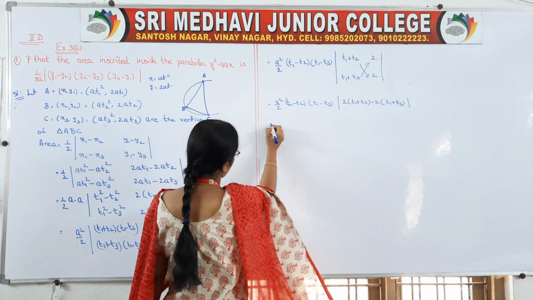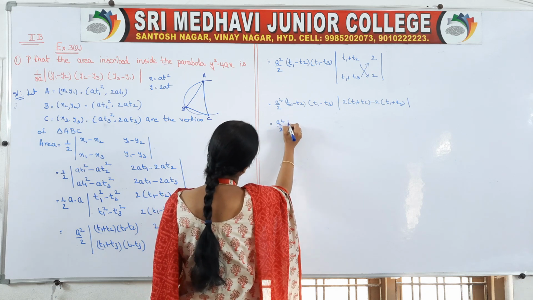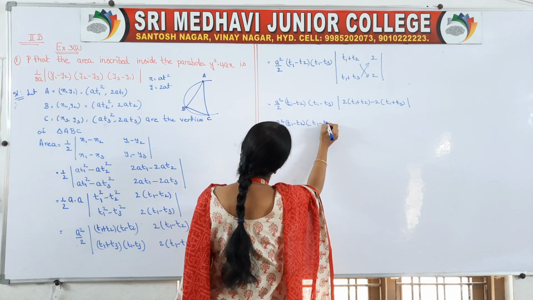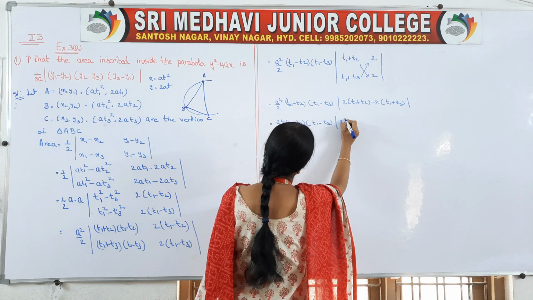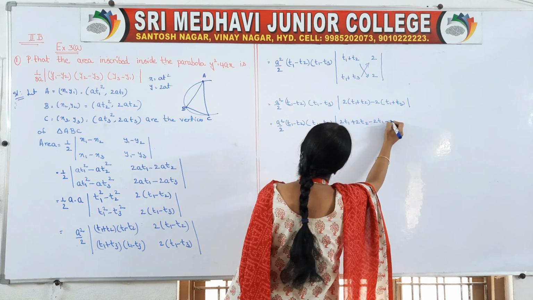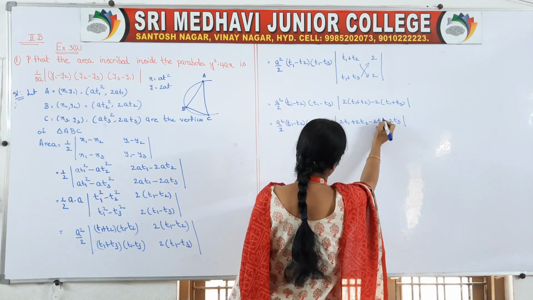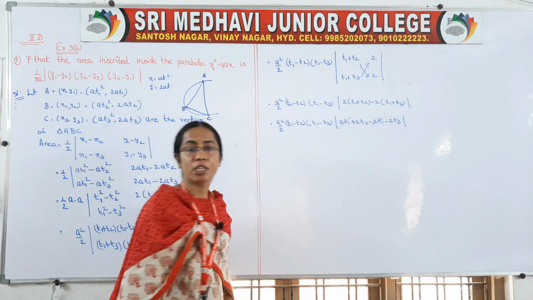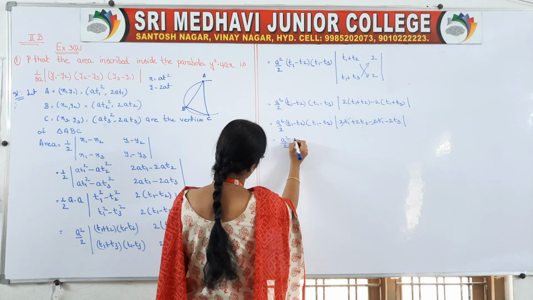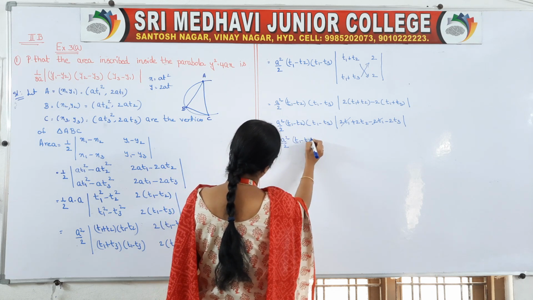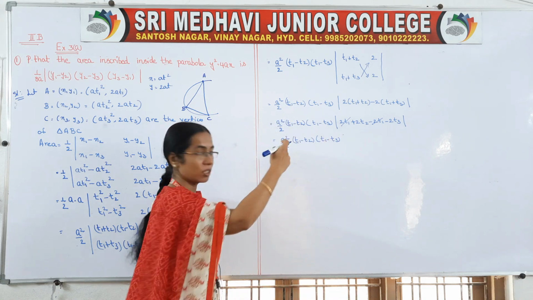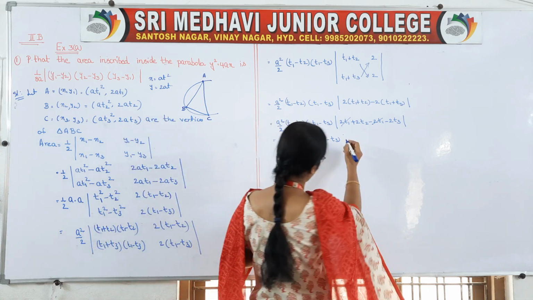Okay, so this is equal to a square by 2 into T1 minus T2 into T1 minus T3 into modulus of 2T1 plus 2T2 minus 2T1 minus 2T3. Okay, minus 2T1 plus 2T1 will get cancelled, right? Is equal to a square by 2 into T1 minus T2 into T1 minus T3 into modulus of 2 can be taken common. 2 is there, right? It is common, you can take outside.